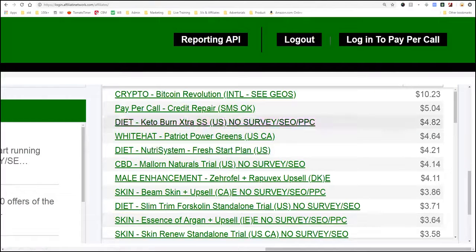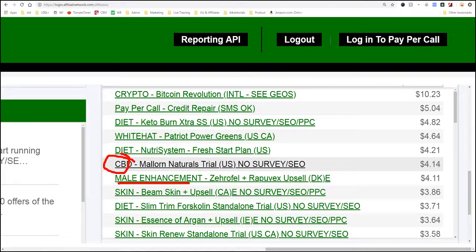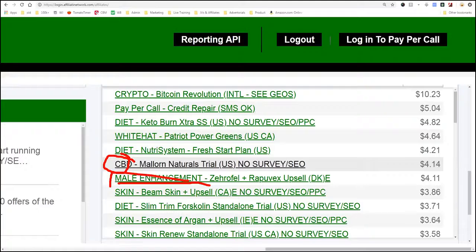Now, some other niches, I mentioned skincare. Skincare is a niche that you'll see appears a couple times here. Skincare, skincare, skincare. So these are some of the larger niches. Diet and skincare are obviously very large niches. Other niches include CBD. Male enhancement means you're selling basically stuff that functions similar to Viagra, stuff that helps men, generally speaking, older men that maybe sit at their job too much or don't have as much sexual drive anymore. It sells them products.